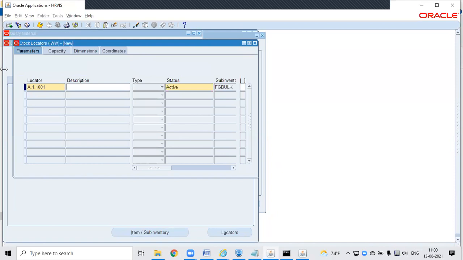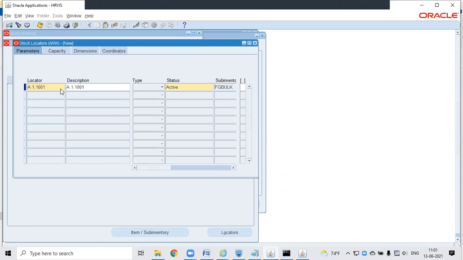This locator you can define based upon your setups. You can define your locator, and this is a KFF, defined based upon your organization at the global level. When we first implement Oracle in any warehouse or any organization, this is a primary KFF setup we need to define, including how many segments and how many values it can take. So this is a setup done when we enable Oracle in any new organization, not at the inventory level. It is set up at the global level, during the global implementation.